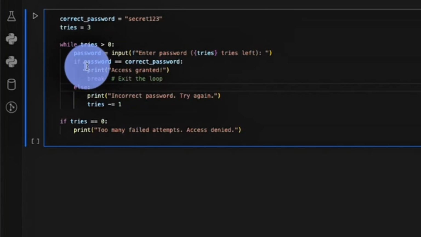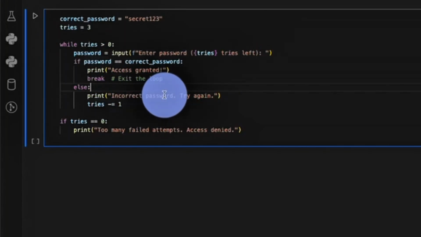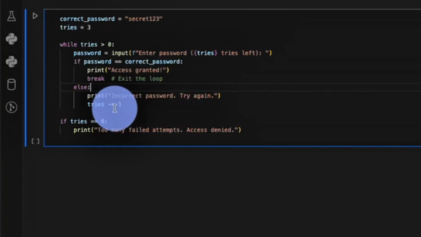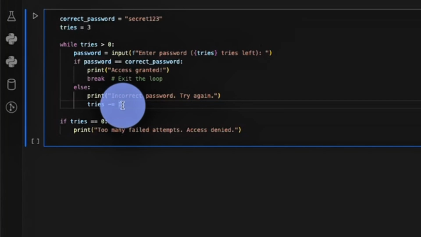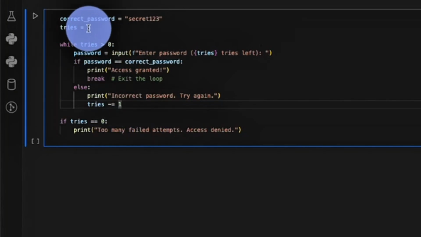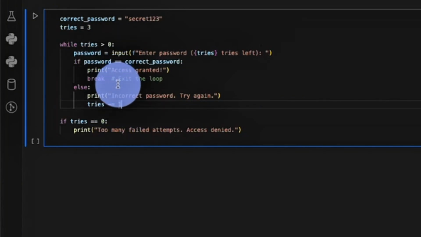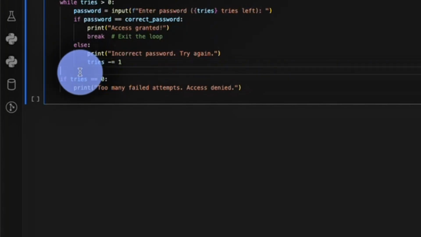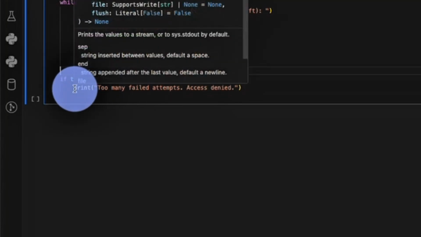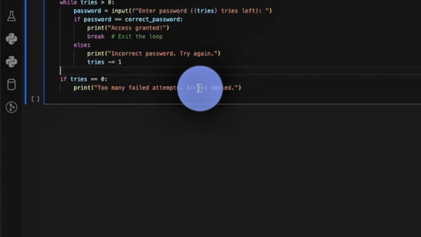If the password is incorrect, it will say incorrect password, try again. Then it deducts from the tries. So this 3 will become 2, that will be 3 minus 1, 2. Then it goes again. It continues this until this happens: if tries is now equal to 0, print too many failed attempts, access denied. So this is a typical